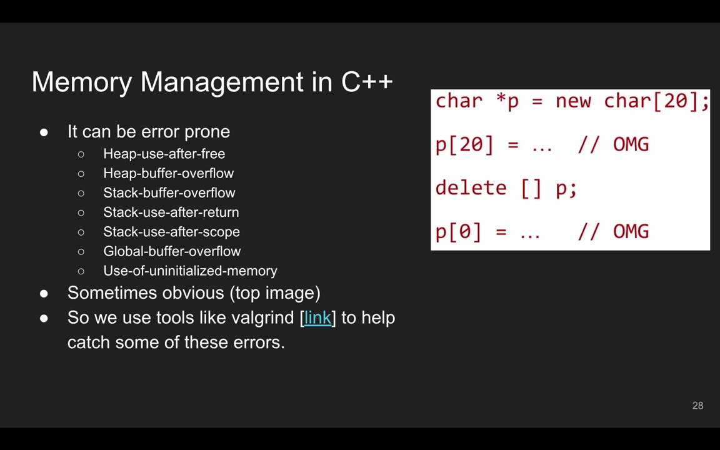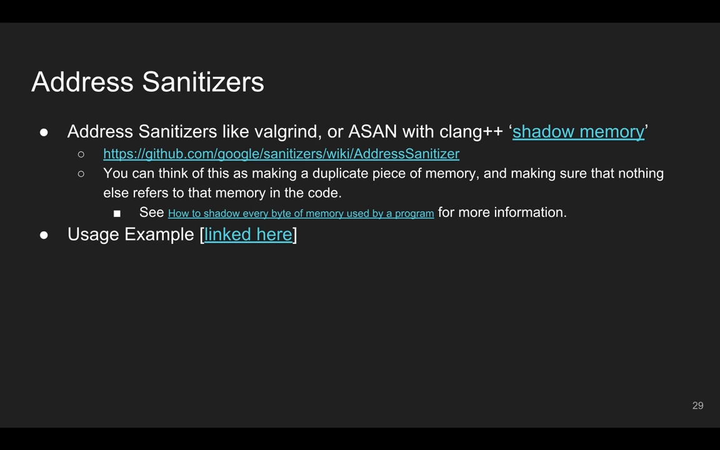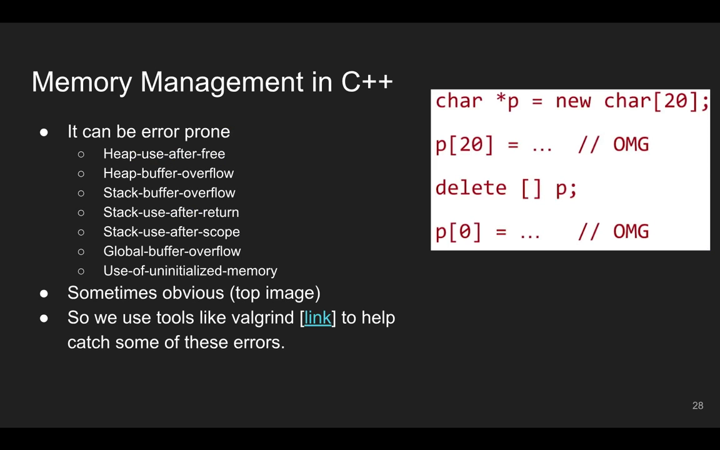And sometimes these errors are kind of obvious. I'd say this is a pretty obvious one. You could probably catch this looking at it. But sometimes it's not as obvious when you're creating objects. Strings are notorious. Strings, string view. Sometimes when you create objects, other temporaries will be created. And if you reference those, it's not as obvious if they've been reclaimed or not, depending on what library you're using. So we have tools like Valgrind that help catch some of these memory errors